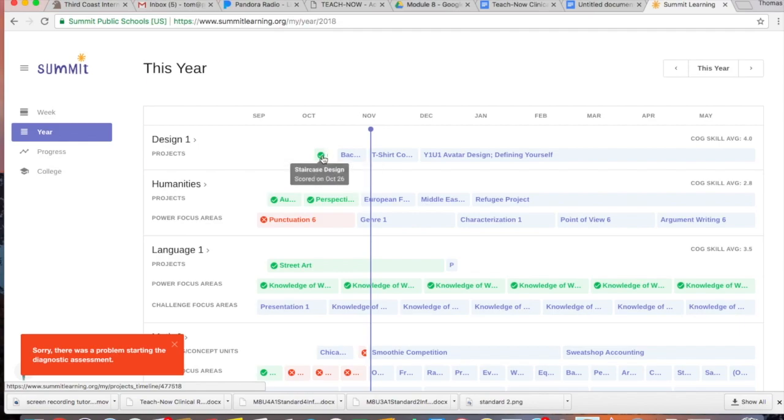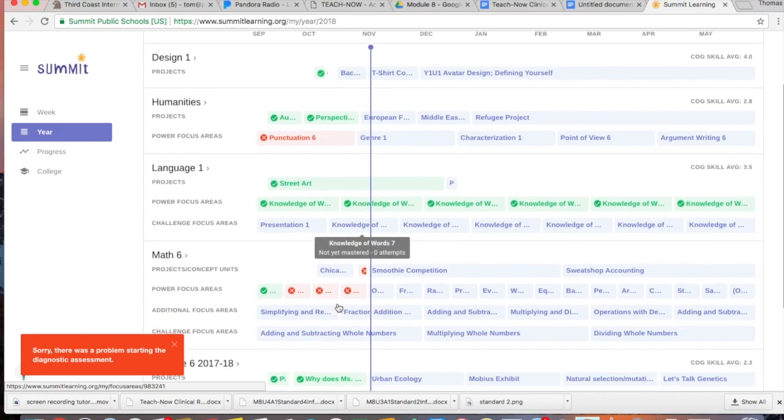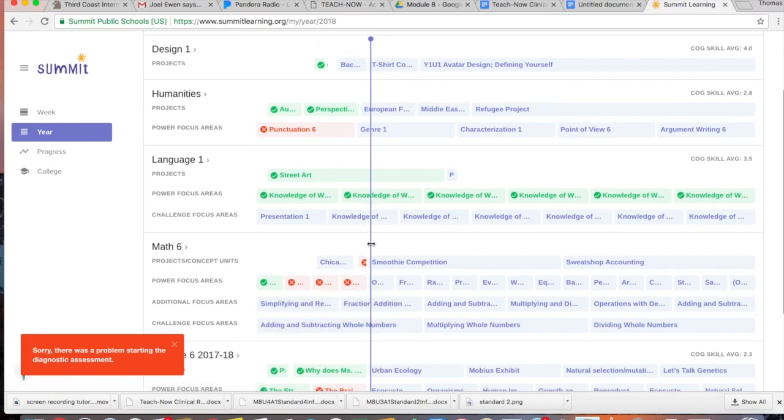These projects will turn green when your student has submitted it for feedback and the teacher has evaluated it. Sometimes they'll be red. I know specifically in math right now, this blue line is where Summit says students should be. We don't have control over the pacing of this line. So math right now, even though there are 3 that are marked red, really at this point students should have only finished 2. So the PLP is not perfect, but we do our best to work with it